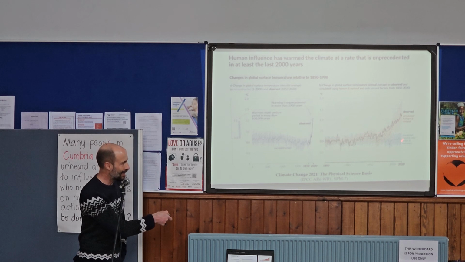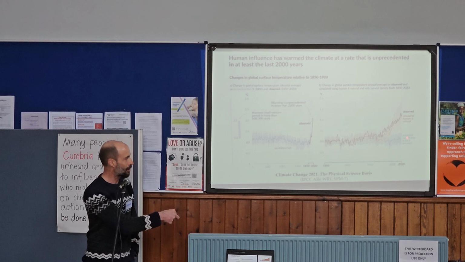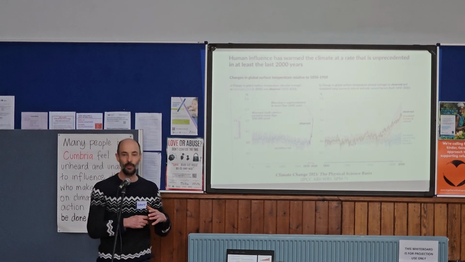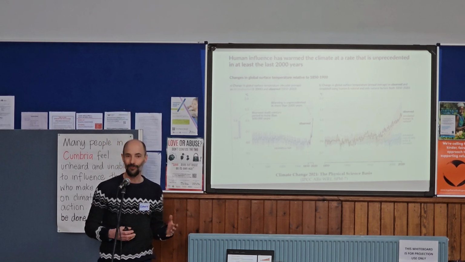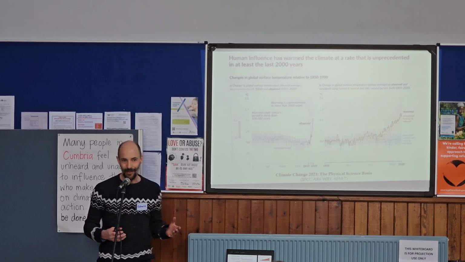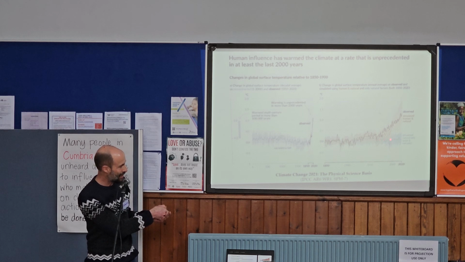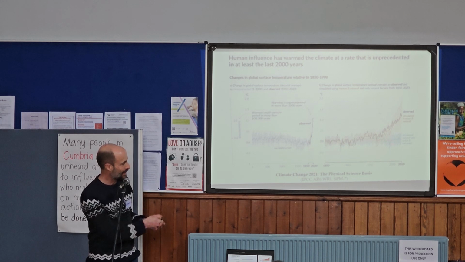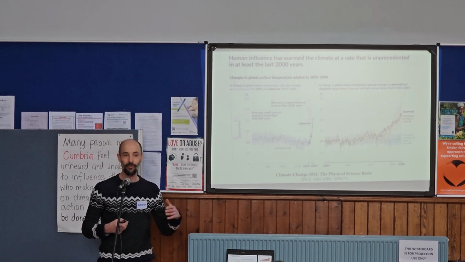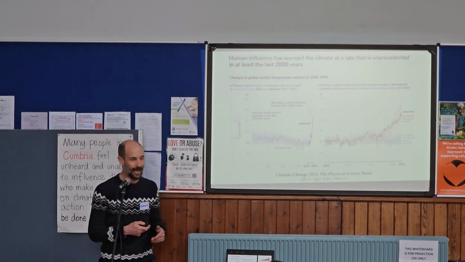This blue line is showing what models suggest the temperature would do if the climate was being driven solely by natural forcing, by things like sunspot cycles, or by volcanic eruptions. So you might see this little dip here. This little dip is a change in climate, for example, related to the eruption of Mount Pinatubo in 1994, which cooled down the climate.